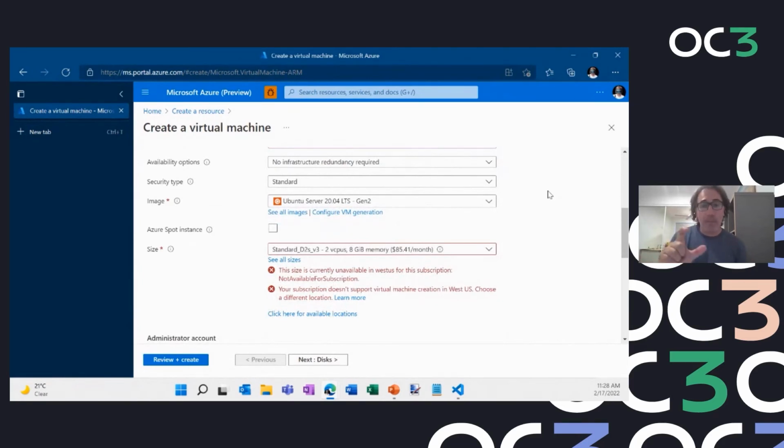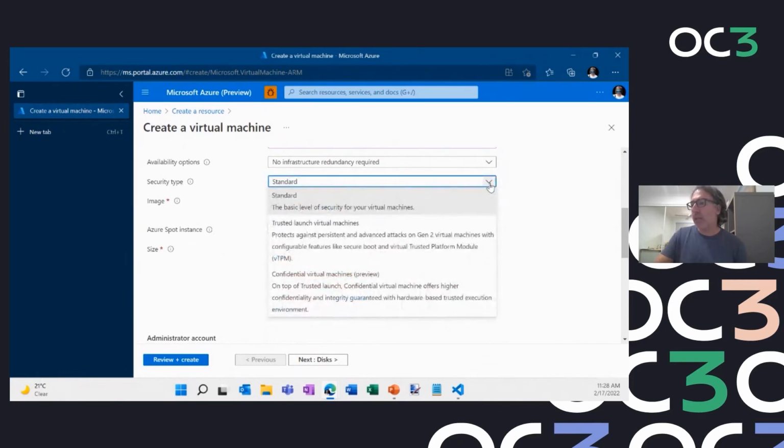But what I want to point your attention to is this security type, okay? Security type is this third option. We have the standard security type, which is the best security that you can get in Azure out of the box. But then on top of that, you can have the TPM, the trusted launch, which is a protection of your